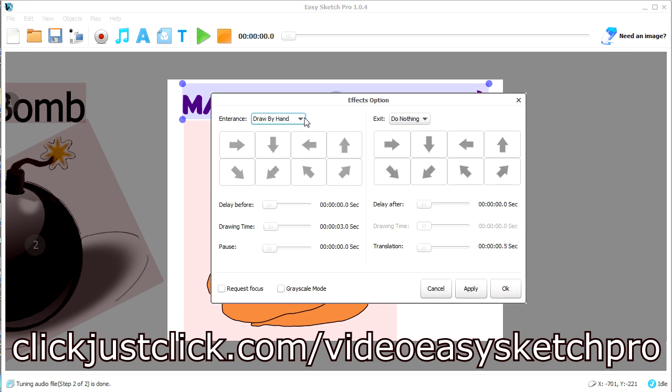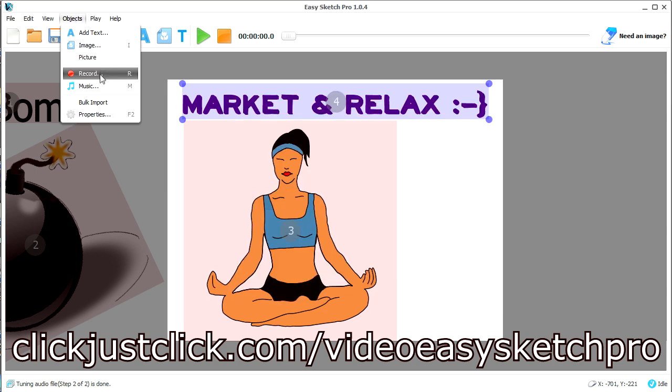So we've got different things that we can do. We can draw it with the hand, draw it without the hand, just drop it in, fade it in, or just have the image appear. If it is a drag in, you get all the direction arrows and all that kind of stuff. You can set the time before it comes in, after it's come in, and the time it actually takes to draw, which is all very nice. And then the other thing we've got,